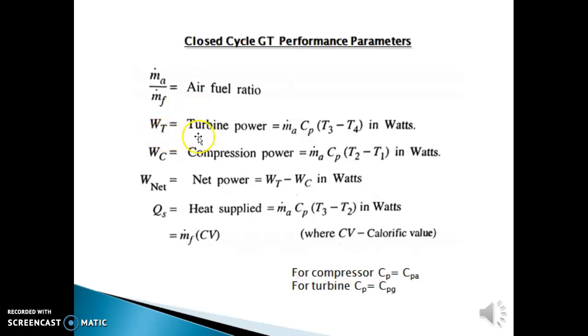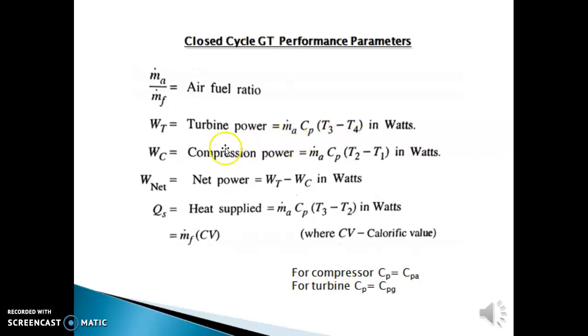The second performance parameter is the turbine power, that we get from the cycle, represented as WT, which is equal to m dot A into Cp into T3 minus T4. Here, instead of Cp, for the turbine we will write Cpg, because exhaust gases are being produced in the combustion chamber in the real case. Unless otherwise mentioned, if the value of Cpg is given, Cpg means specific heat at constant pressure for exhaust gas,